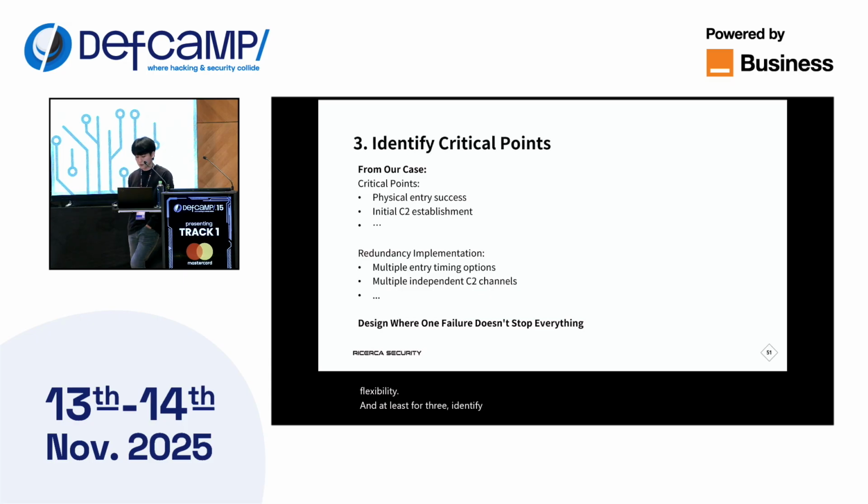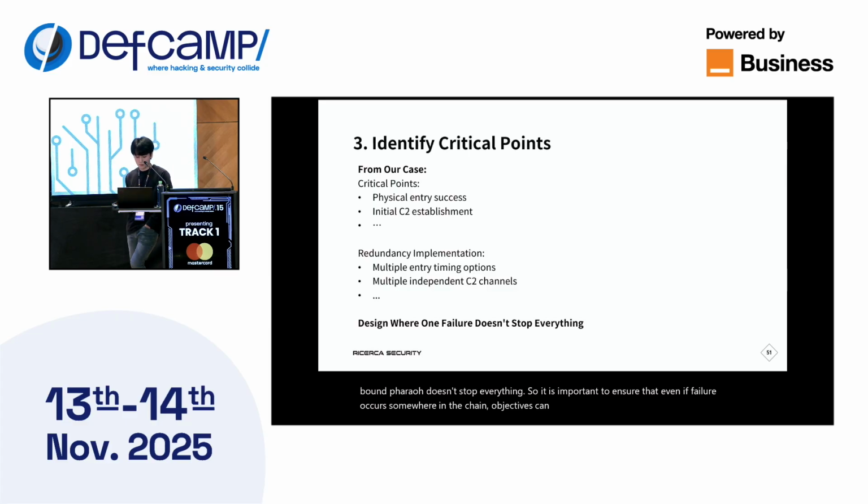From our cases, critical points include physical entry success, initial C2 establishment, and redundancy implementation. So design where one failure doesn't stop everything. It is important to ensure that even if failure occurs somewhere in the attack chain, objectives can be achieved